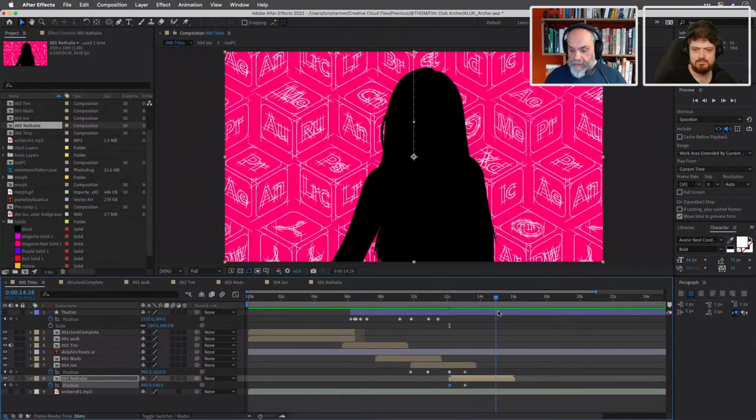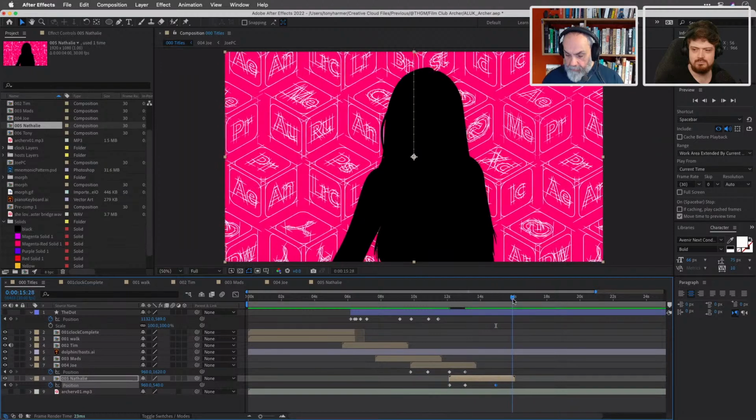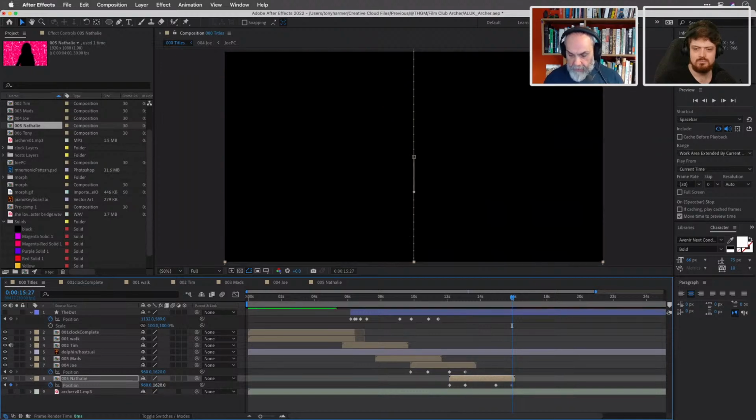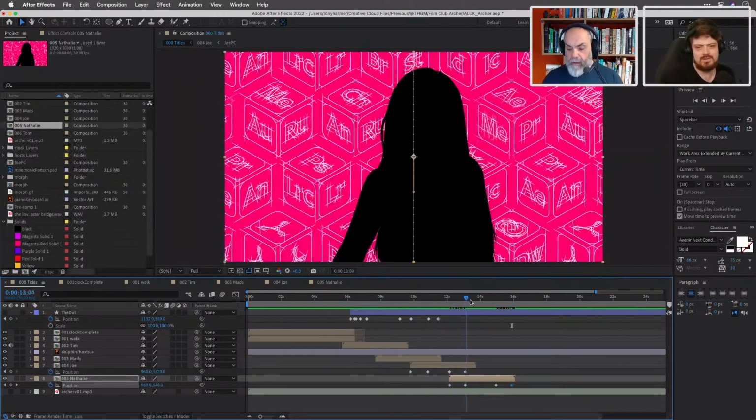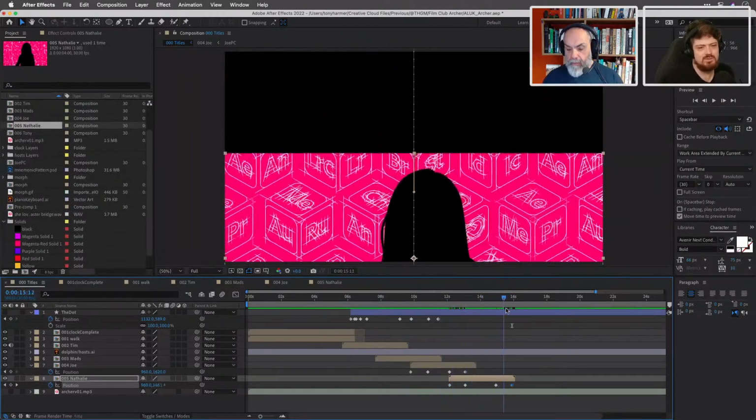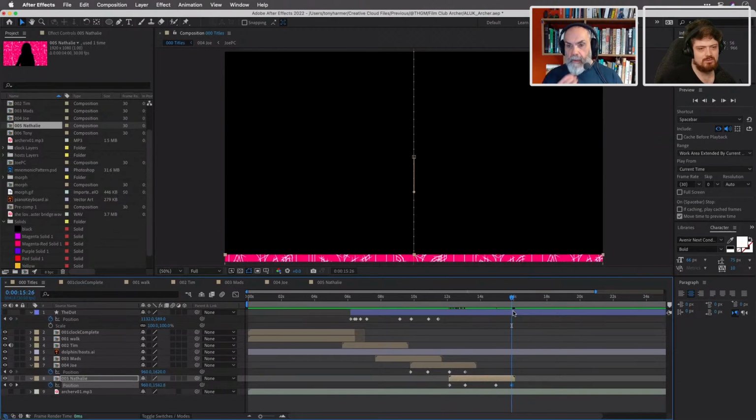Nice. And then we'll go to about that point there. We'll add in another position keyframe there. That's perhaps too drifty, but I'm going to do 540 plus 1080. So that one goes down. Sean says, kind of cool though, with different axes. But I think if we wanted to do that, then we would have to animate it a bit more complex.